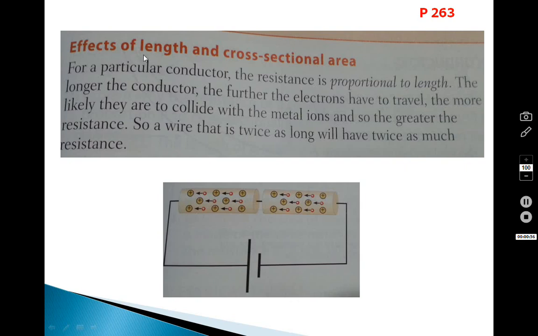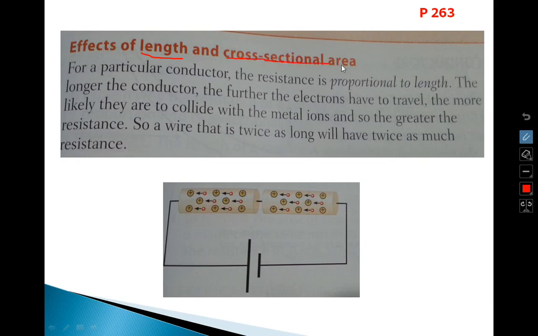effects of length and cross-sectional area. So there are two things here which strongly affect resistance: length and cross-sectional area. We are going to discuss the effect of both of them. First we will check how length affects resistance, and then we will move to the other one,